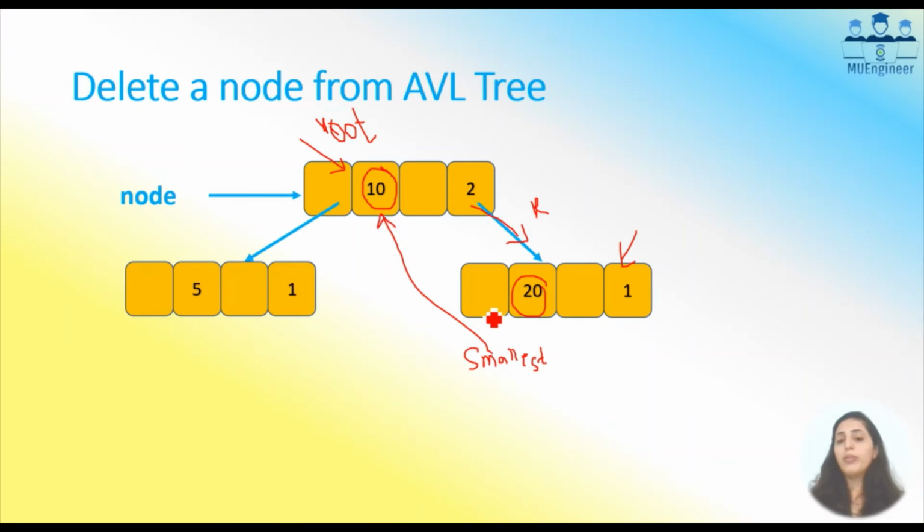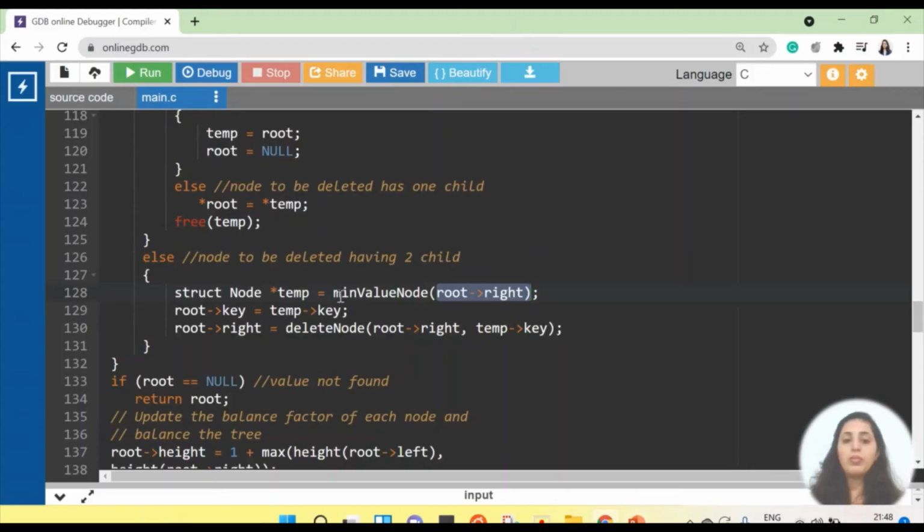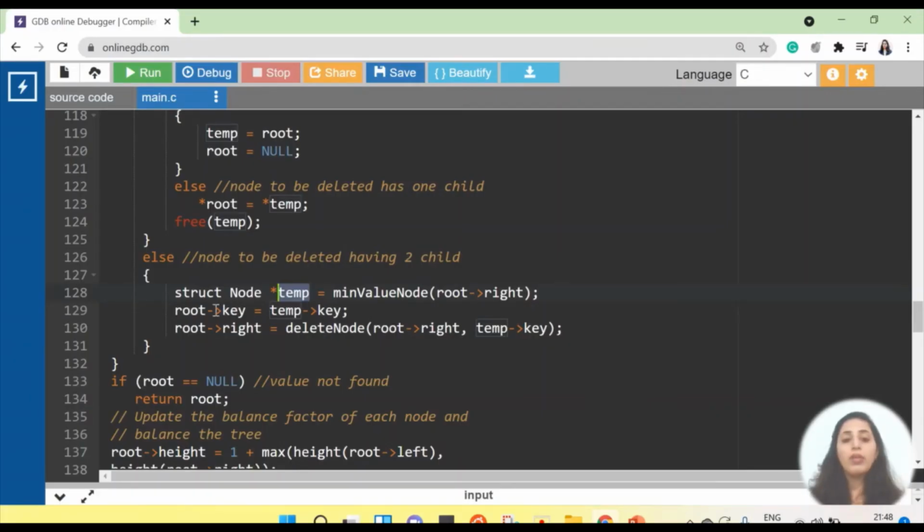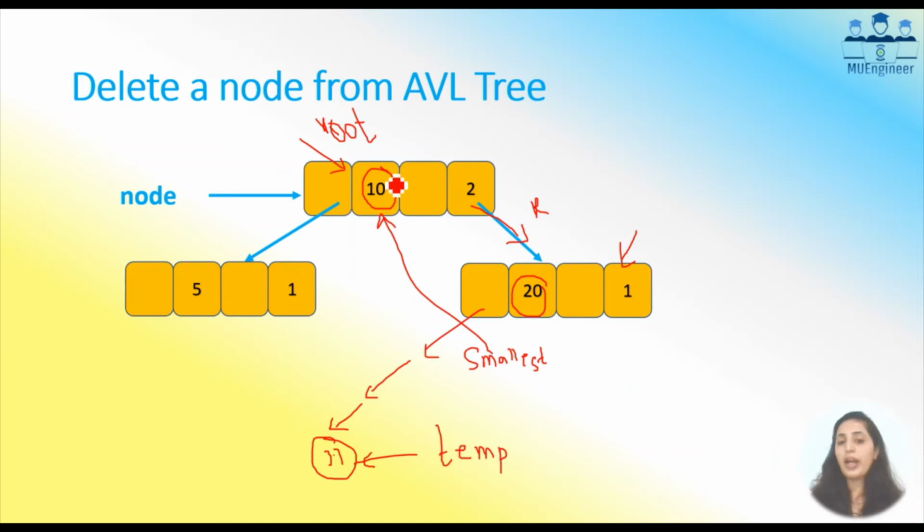20 से जो मिनिमम वैल्यू मिलेगा मतलब 20 के लेफ्ट मोस्ट चाइल्ड को ढूंढेगा जो सबसे स्मॉलेस्ट है, and that स्मॉलेस्ट वैल्यू जो मुझे रिटर्न करेगा फंक्शन, ये मिनिमम वैल्यू वाला फंक्शन, वो वैल्यू को मेरा टेम्पररी वेरिएबल will hold. So temporary variable will point to the smallest and left most value in your tree, which is nothing but in order successor, and this value, say for example it is 11. Okay, so this value, now what I'm doing is root key is equal to temp key. So root key is nothing but 10 and I want to replace 10, I want to delete 10, so 11 will replace that. So root key is equal to temp key, so now 11 will come here.